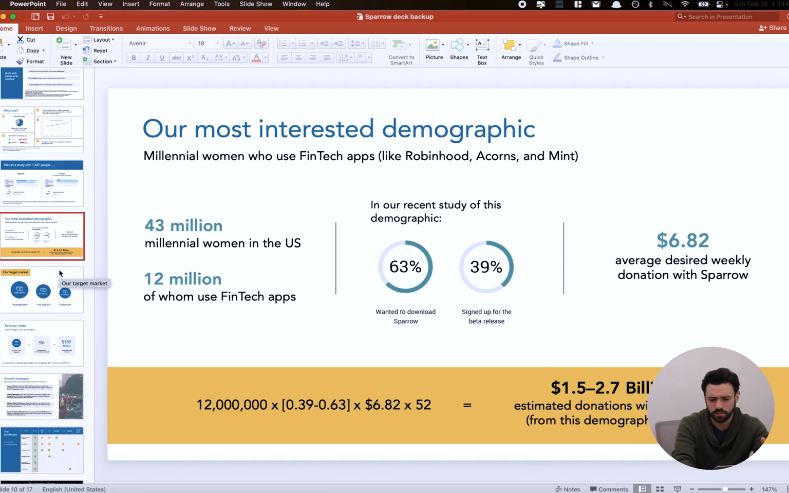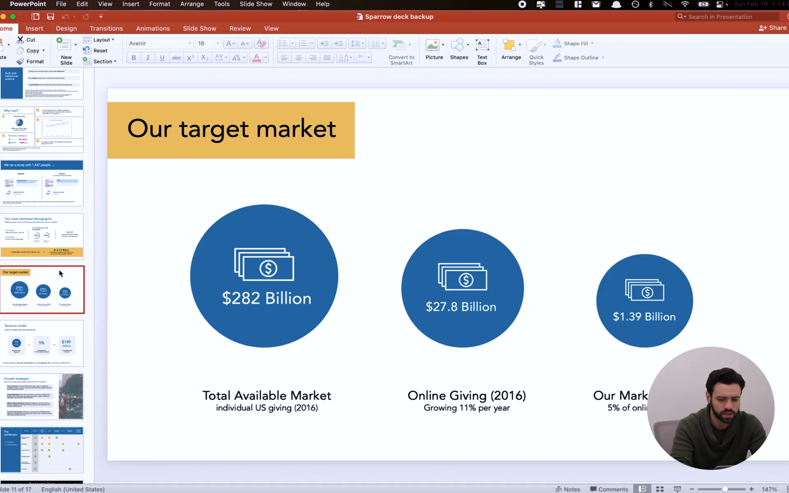Understand a little bit about the target market. That's not something we did before as much. A lot of times you don't need this, but it was something we went into a bit here. That translates pretty nicely into these slides about our market size